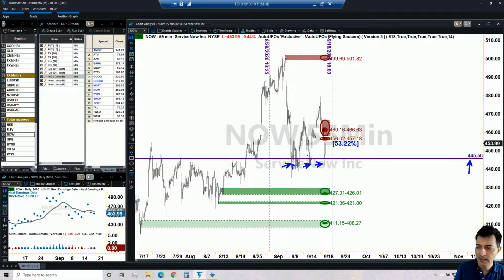So again, the price points that we selected thanks to AutoUFOs were, let's call it, powerful, in the sense that you can tell it's a relevant price point. But at the same time, the fact that it keeps challenging, and the fact that we got red UFOs right there, is certainly making it a bit difficult for this trade. The good news is that this trade expires tomorrow, Friday 18. So as long as we just stay above the purple line just a little more, then this trade is going to be a full profit.